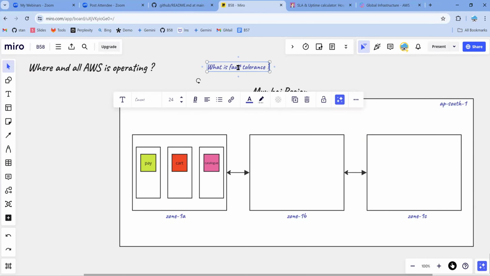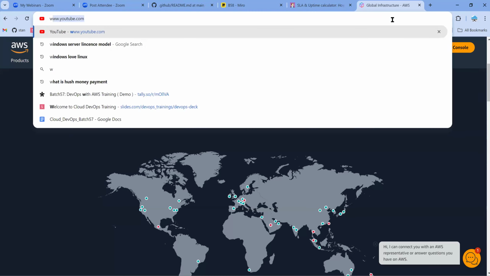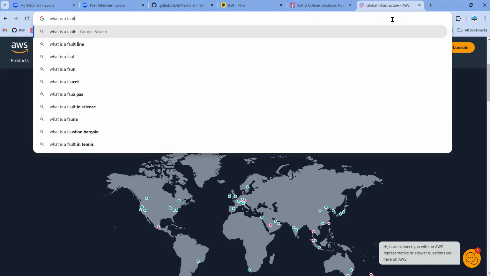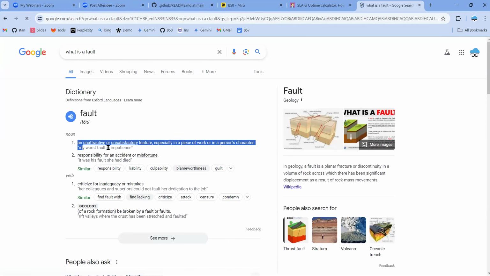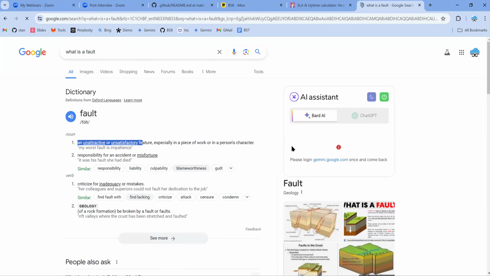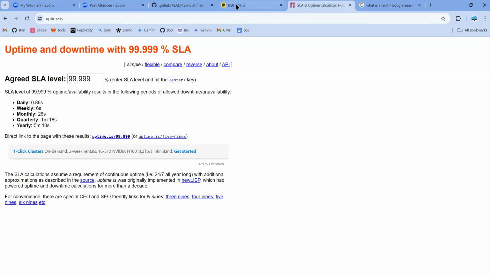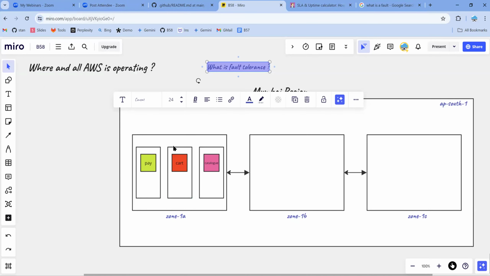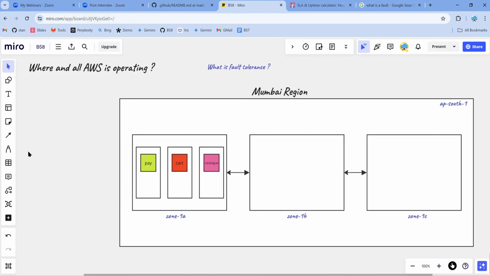What is a fault? Fault is nothing but an issue, some bug or some issue. A fault is an unsatisfactory feature: you're expecting something that didn't happen, and that's because of a fault. So because of some XYZ reason, you lose this data center, zone 1A. What will happen to the applications of your Flipkart that are running there? Obviously they fail. Since you are making a lot of money, you are going to design the infrastructure in a